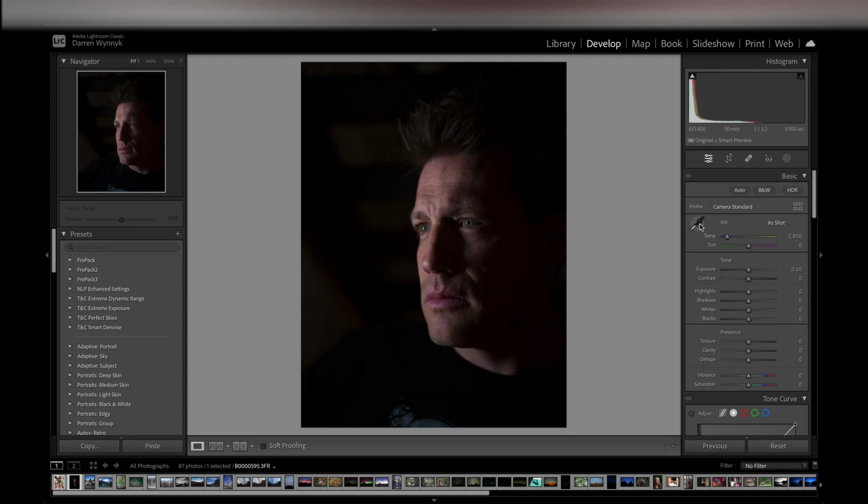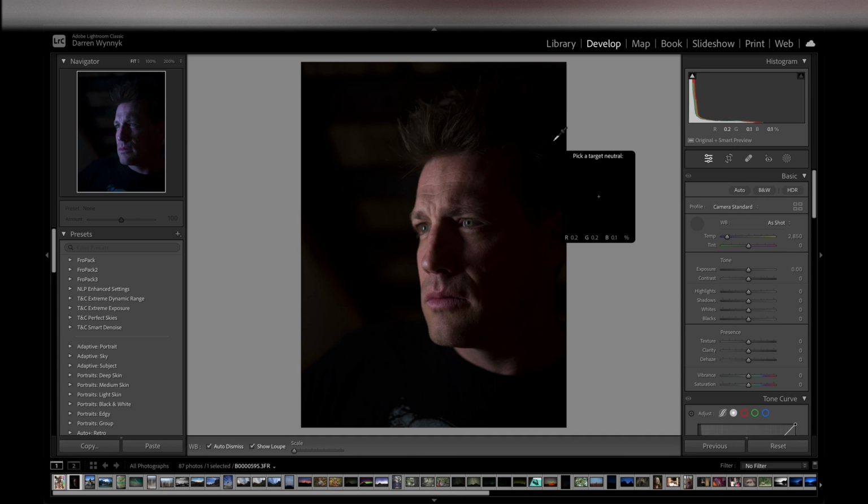Here, if we grab the eyedropper, I'm just going to remind myself of where the black areas of the photo are. This eyedropper tool is used for selecting neutral. So let's say you had something pure black, pure white, or some type of shade of gray, and it had no other color. It was gray, gray, gray, gray. And no matter what color it shows up in your photo, if you knew it was completely monochrome, completely neutral,